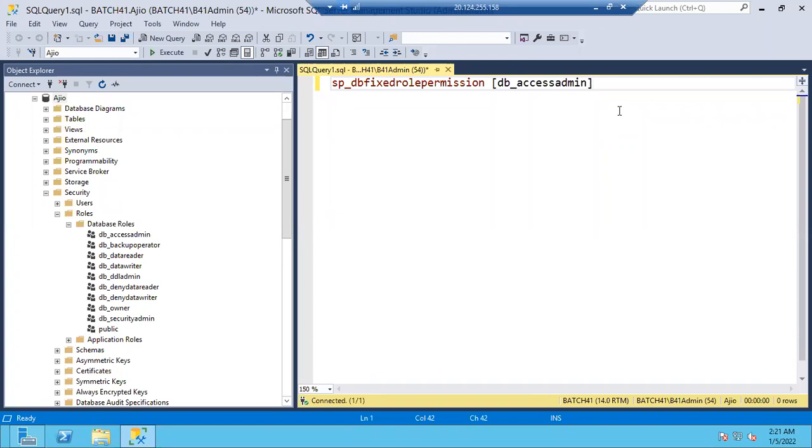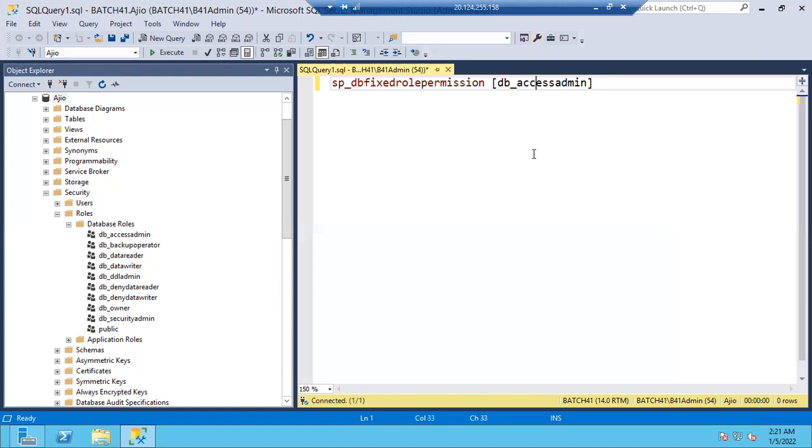From which version of SQL Server can we create customized server roles? 2012. From 2012 onwards, we can create customized server roles. Before 2012, we don't have that feature. In the same way, we can create customized database roles also. We are going to discuss that.